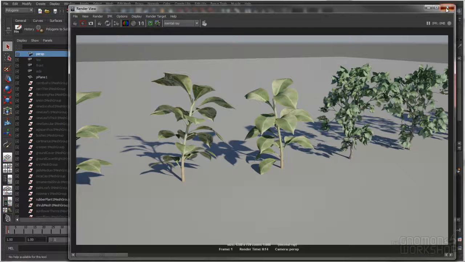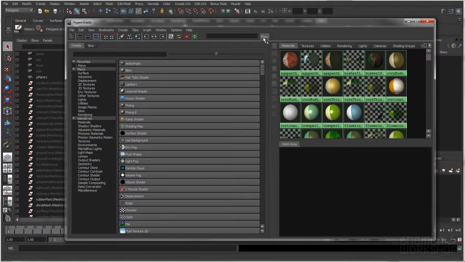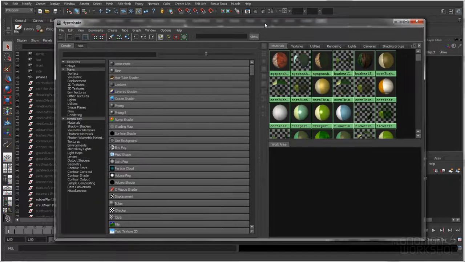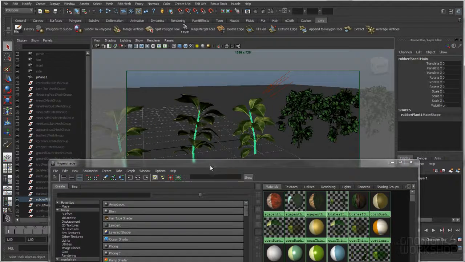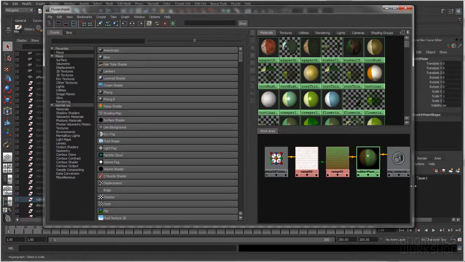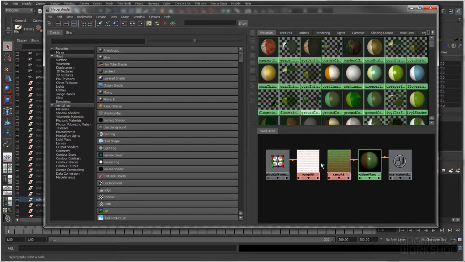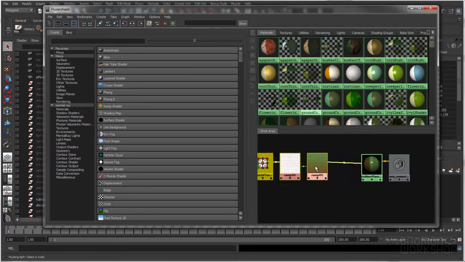Save that. All right. So going into Hypershade, what I need to do is find the shaders that I'm using on these objects. So let's just grab that one to start and map it. So this one has a simple color map, this ramp, that's going into diffuse color. And so what I need to do to gamma correct it